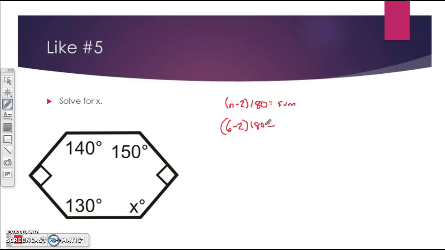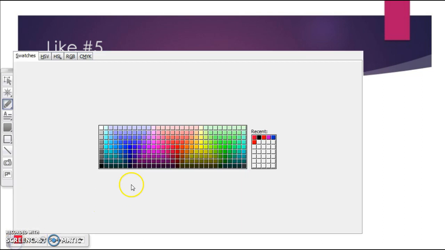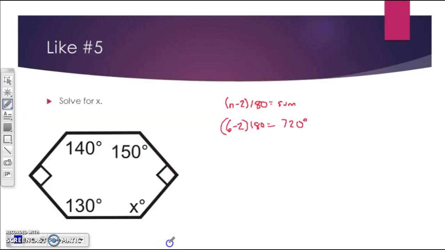So I'm going to go ahead and do that in my calculator now. 4 times 180. And you get 720 degrees. So I know that if I added up all of those angles, I should get 720 degrees. So that's exactly what I'm going to do. I'm going to add up all those angles. I'm going to start right here with 140. So I'm going to say 140